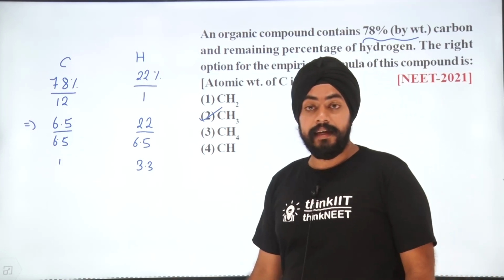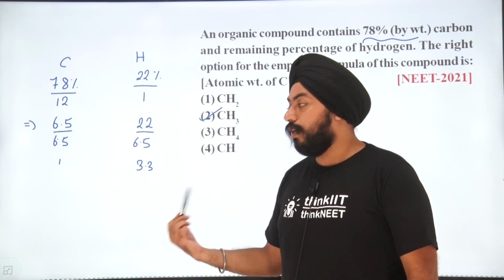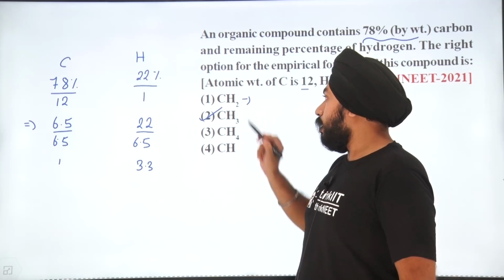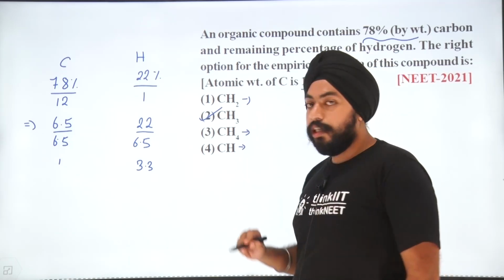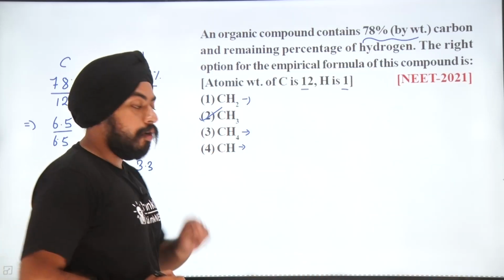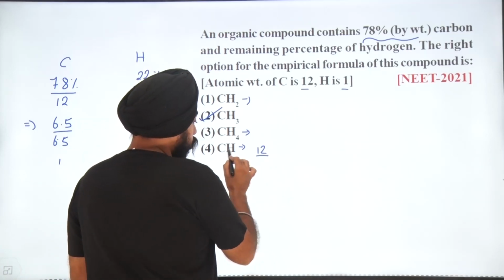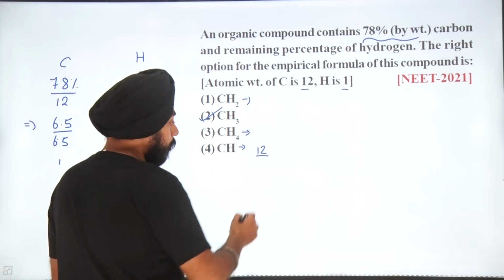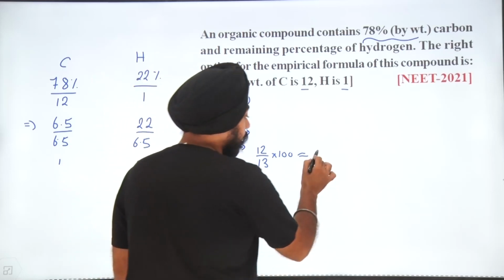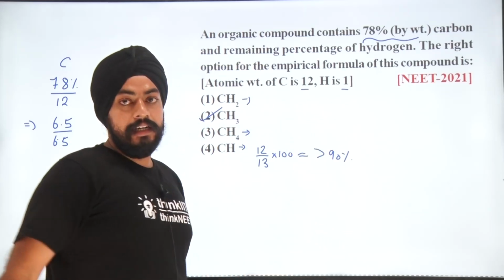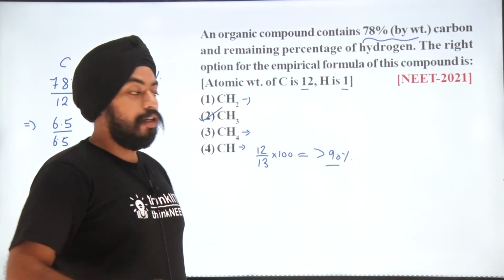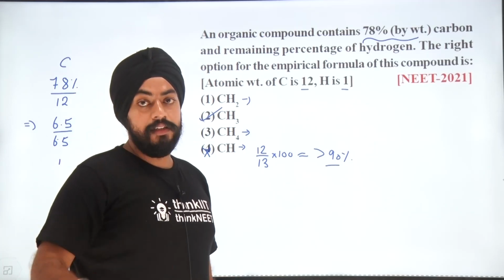Many students might think that we are not getting the actual standard value. But student, in this particular case, if you look at CH2 or CH4, or CH, let me give you a basic approach. If I calculate the percentage of carbon for CH, have a look at it. It will be 12 by the total mass of the compound, which is 13, into 100. It will give an approximate answer of 90 plus, more than 90%. I'm not going into the detailed part, right? But we have been given that the percentage of carbon is 78% only. So it will not be the answer for sure, right?